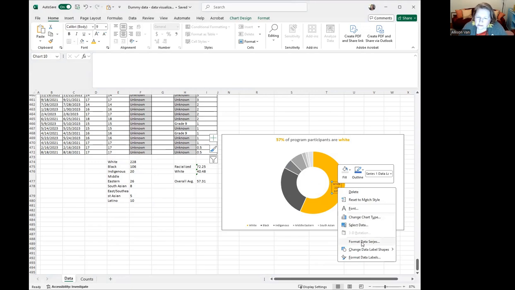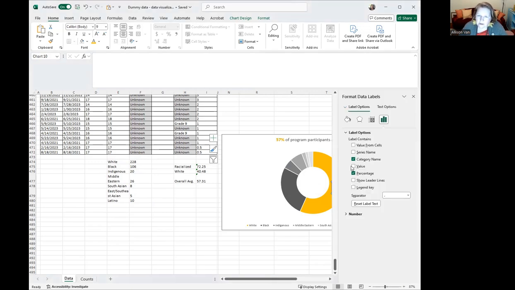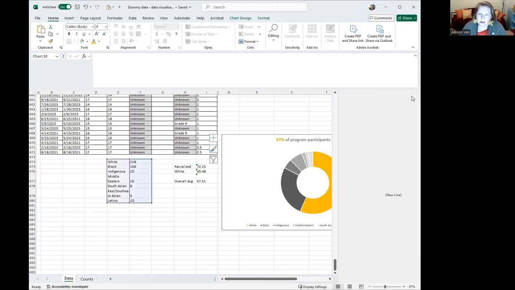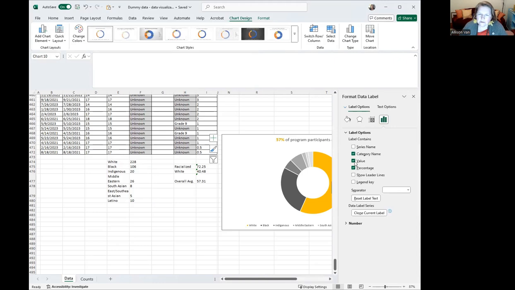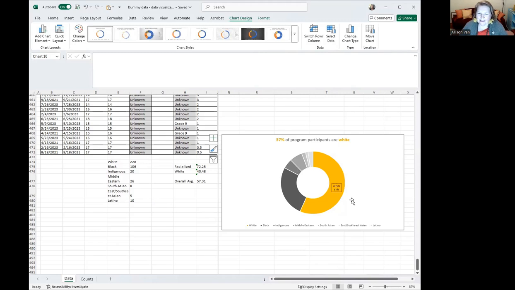Oh, I did not mean to have that. You know why that is there. I'm going to do this as a new line. Text. Okay. Sometimes Excel just does its things. There we go. Okay, so now